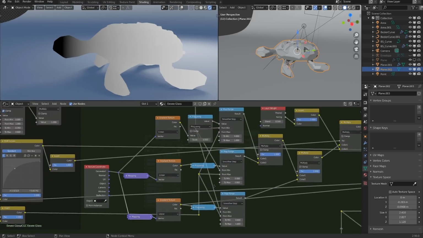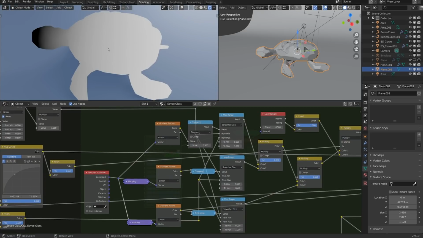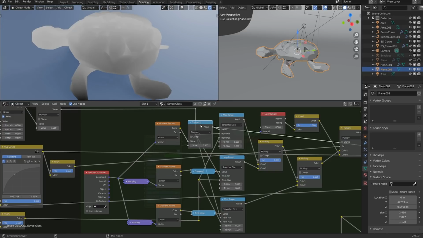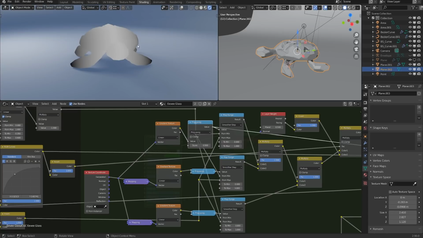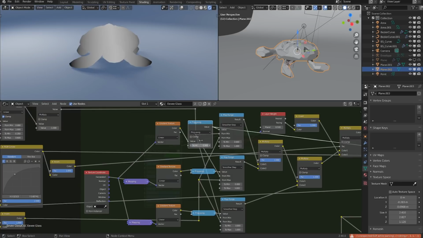So I have some gradient textures. And then I've used a math node with a ping pong. And that's just going to bounce this off to the other side once it hits 0.5. So once it hits that middle value, right in the middle there, then it just goes back to 0 on the other side. And you can see that as you decrease this, you'll start to get that sort of repeating pattern. But if you set this to exactly 0.5, halfway in between the object, then it'll just bounce to the